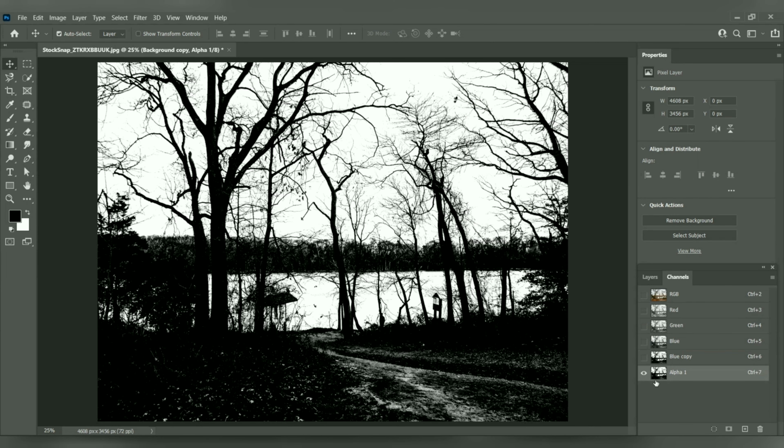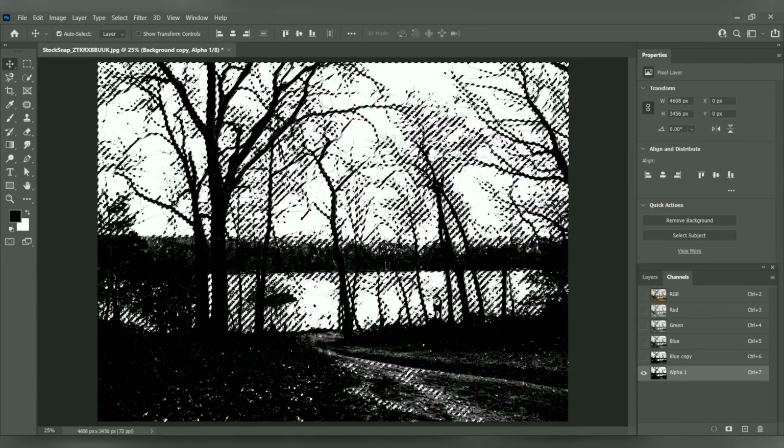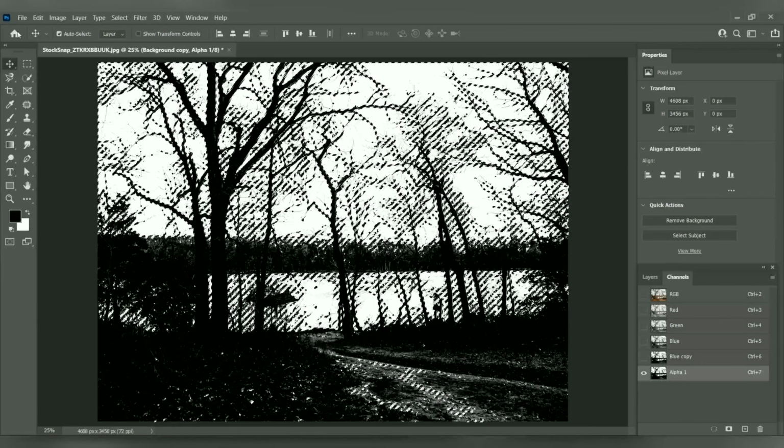Now you can see that it automatically created one more channel, an alpha channel, in this section. Now repeat the task as we have done earlier. The rest of the process is the same.